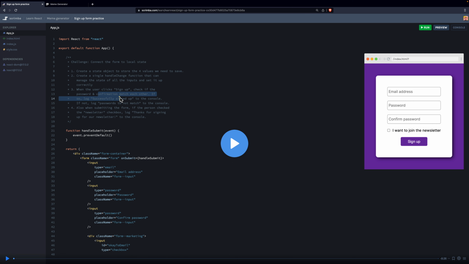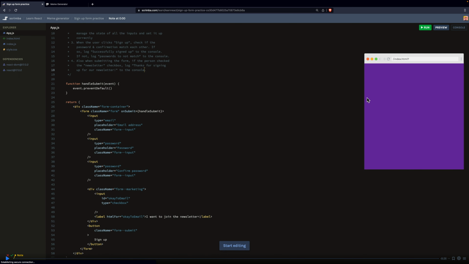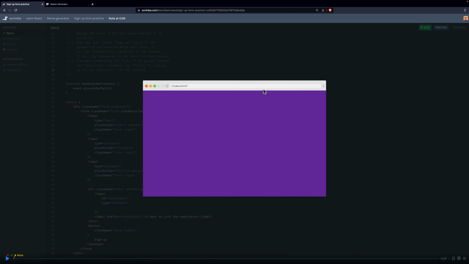If so, log successfully signed up to the console. If not, log passwords do not match to the console. So also when submitting the form, if the person checked the newsletter checkbox, log thanks for signing up for the newsletter to the console. So right now, let's go ahead and just see what happens when we